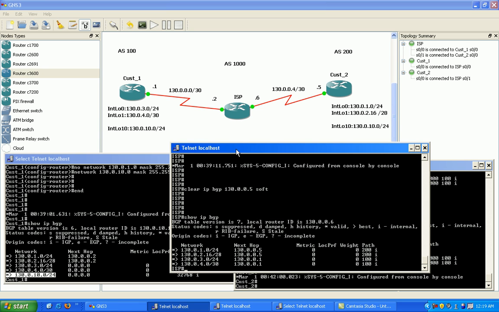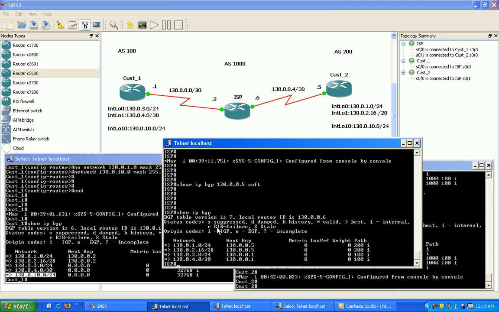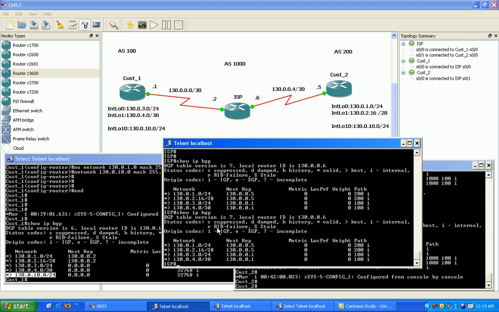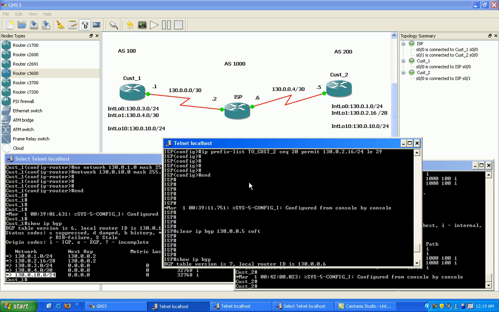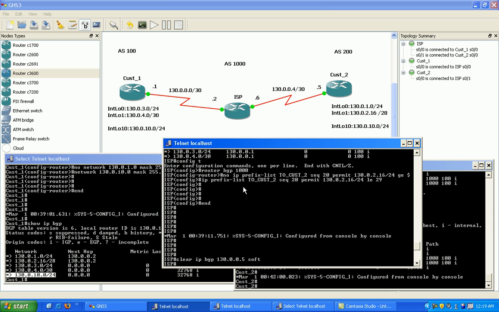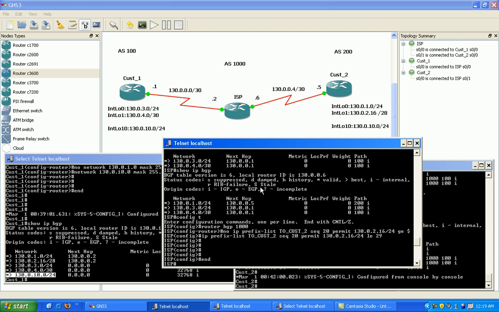So if we go into ISP1, the ISP router, and do a show IP BGP, you can see that we're not seeing that network because our prefix lists have the implicit deny statement, deny all at the end. So anything else that we're receiving from these customers, we